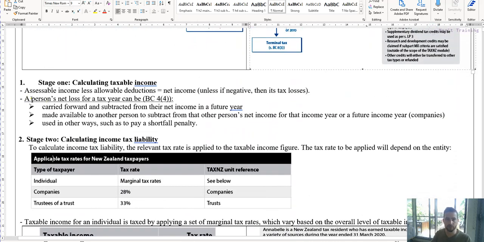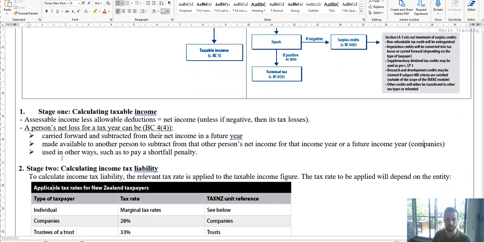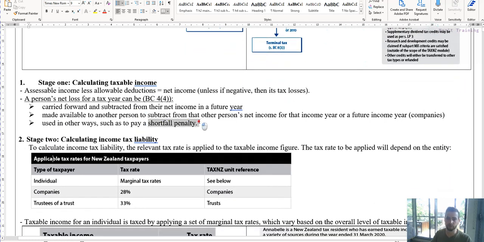So what can you do with a loss? Per BC 4, these may be carried forward and subtracted from net income in a future year. So next year, as I mentioned before, if you have a 100K loss and next year you have 100K net income, you can reduce that to 0 and you don't have to pay any tax on that. Or it could be made available to another person to subtract from their income, but that's for companies, not individuals. Or it could be used in other ways, such as to pay a shortfall penalty. We'll talk about what a shortfall penalty is later on, but basically the commissioner can say, you've done this wrong, therefore I'm going to give you a penalty,